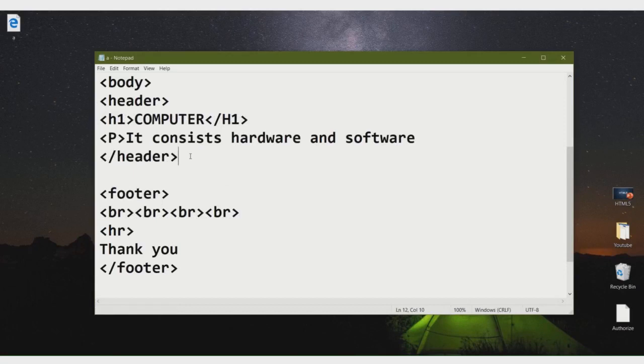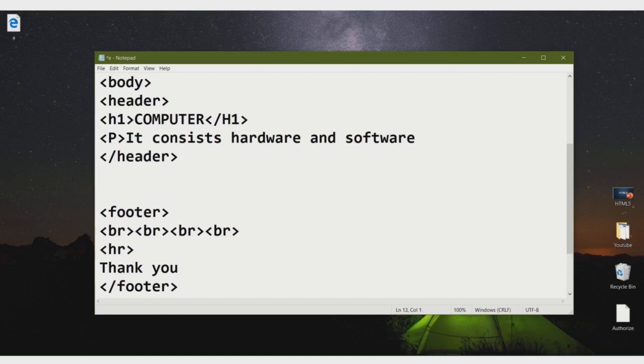So go to the notepad and our next tag is article tag. Using article tag, you can represent a section or content that can be displayed independently. Okay, this is the article tag, and using article tag you can define a section of document which can be an independent block in the whole document. You can use this tag to create articles of newspapers and blogs.